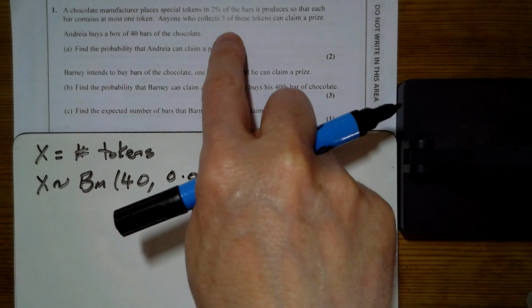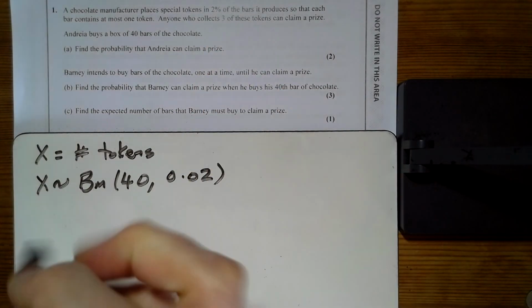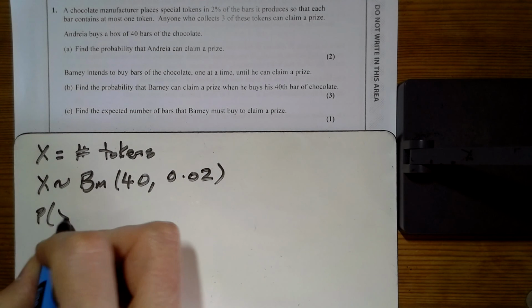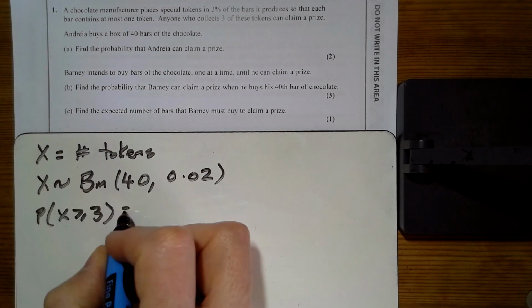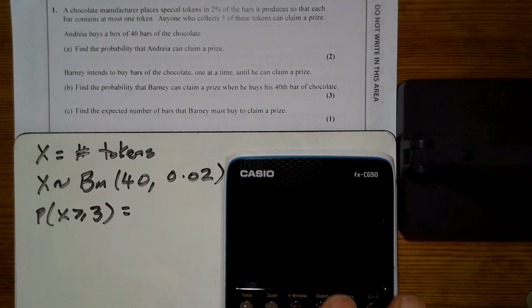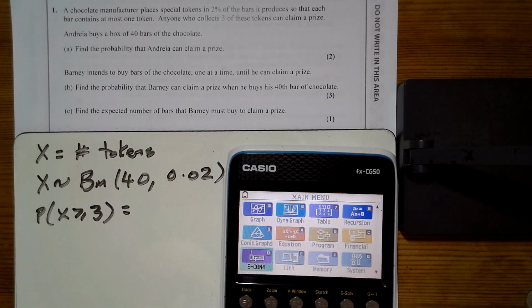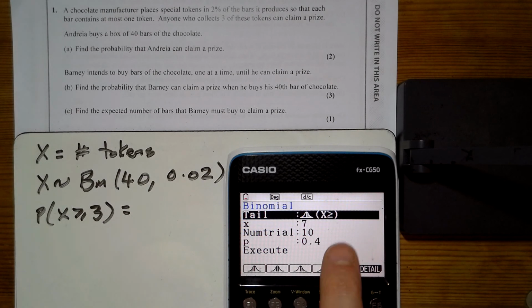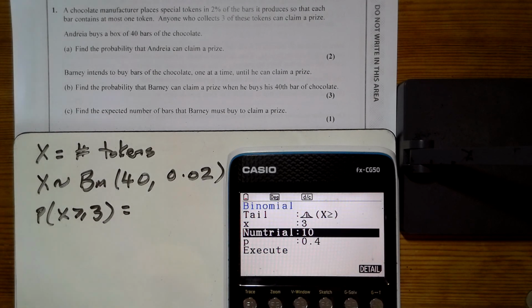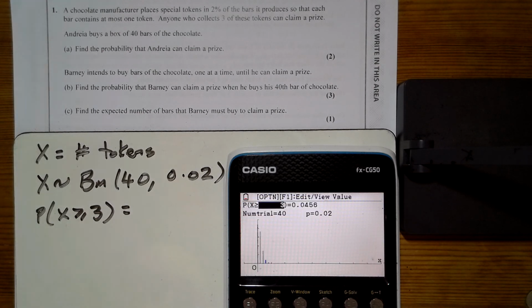Now, to get a prize, you need to collect 3 of these. You could get 3, or you could actually get more than 3, couldn't you? So the probability that X is greater than or equal to 3. And so then we'll go into our calculator, we'll go into our distributions mode, and we're going for a binomial greater than or equal to 3 from 40 with a probability of 0.02. And so it's going to give us